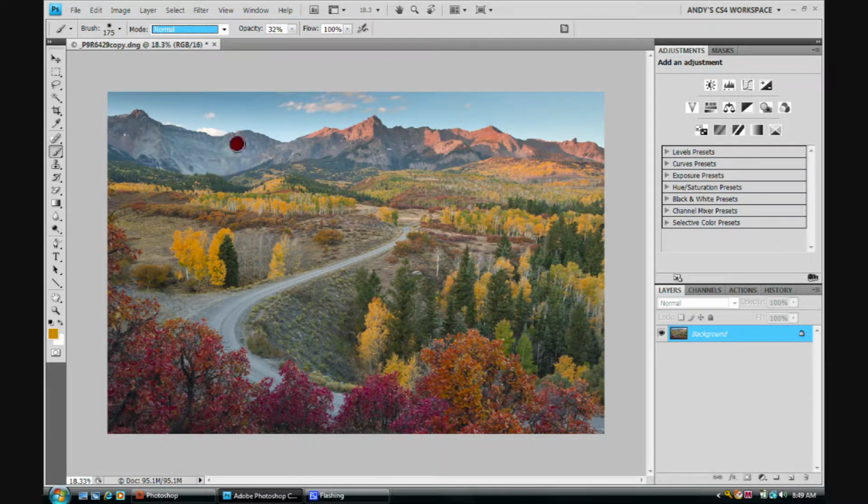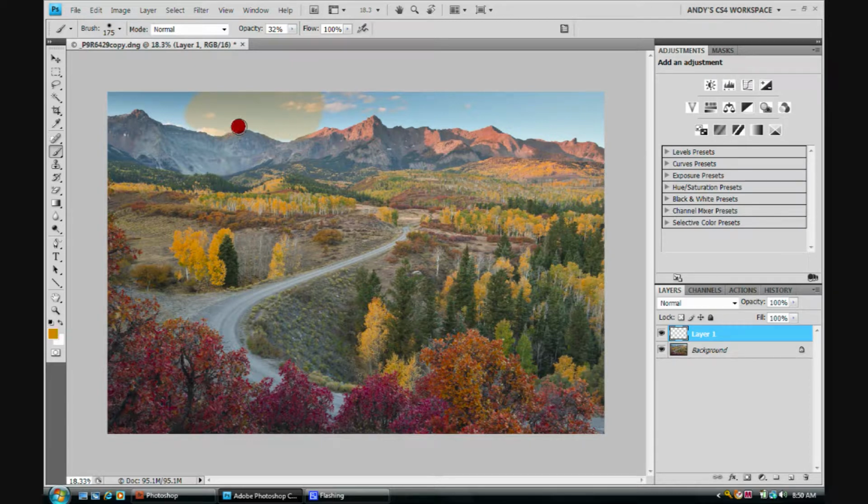So we could work directly on the background, but again, it's always best to work on a layer. So we'll come down here and click create a new layer. And earlier we selected the color yellow out of these trees right here, and again, that is the color that we're going to be painting. So if I click and drag, that is applying, I'm holding down the mouse button and just painting around here. That is applying 32%. And notice it doesn't matter if I go back over the area. As long as I'm holding down on the mouse button at one time, it's applying 32%,